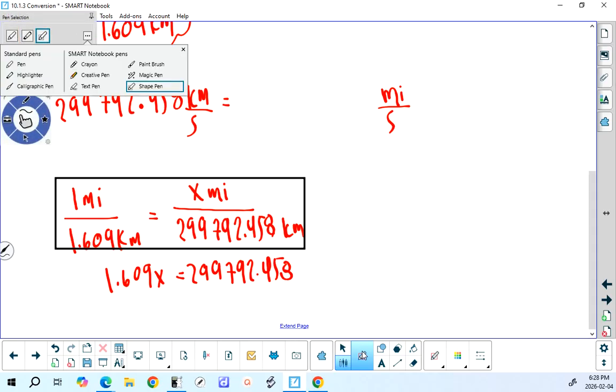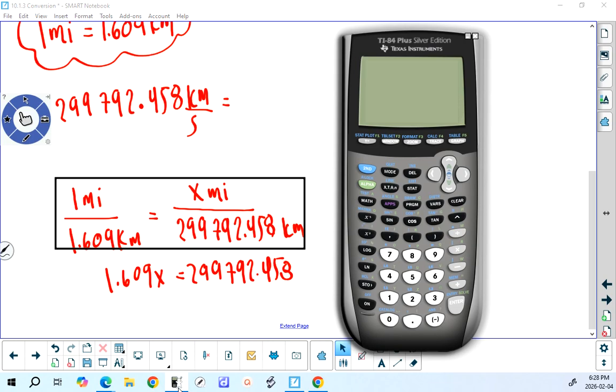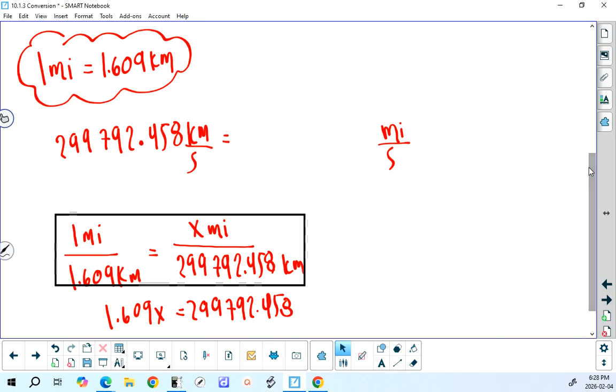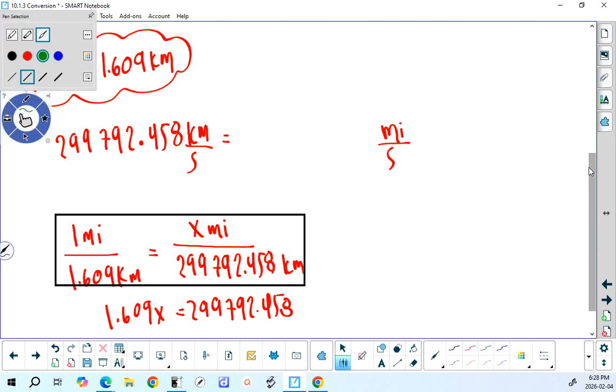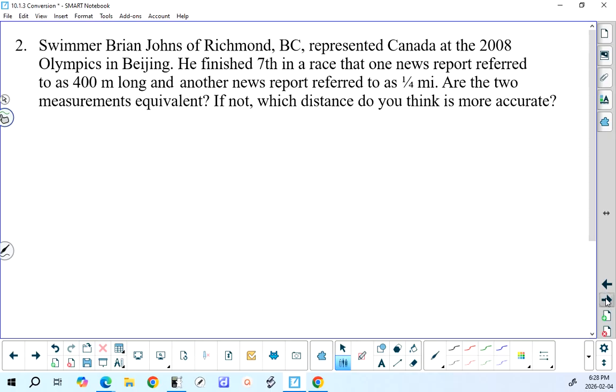So we grab our calculator, and we're going to take 299,792.458, and divide that by 1.609 and get approximately 186,322. 186,322 miles per second. And that's A. B,